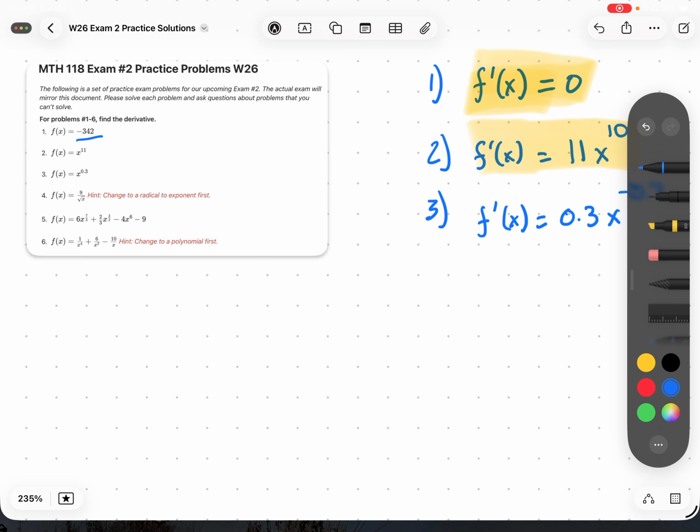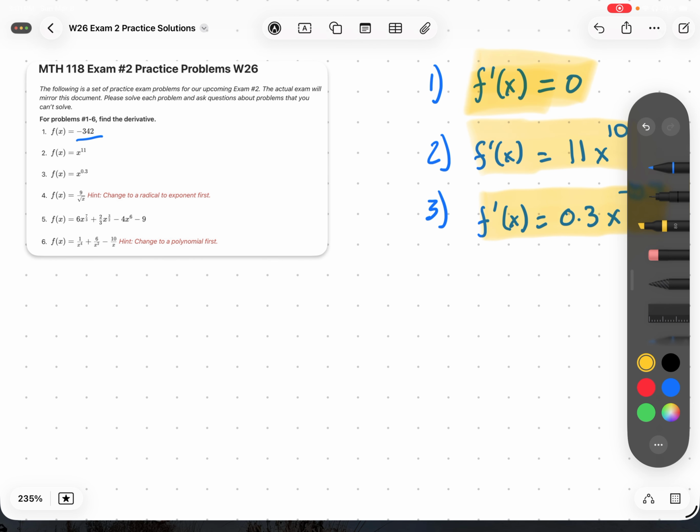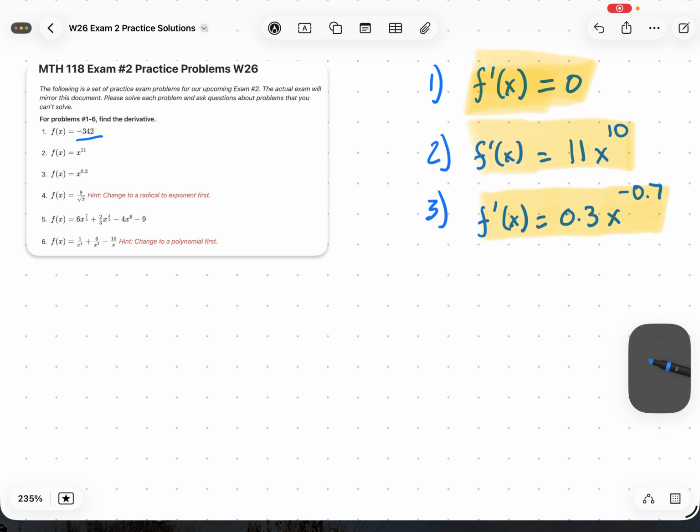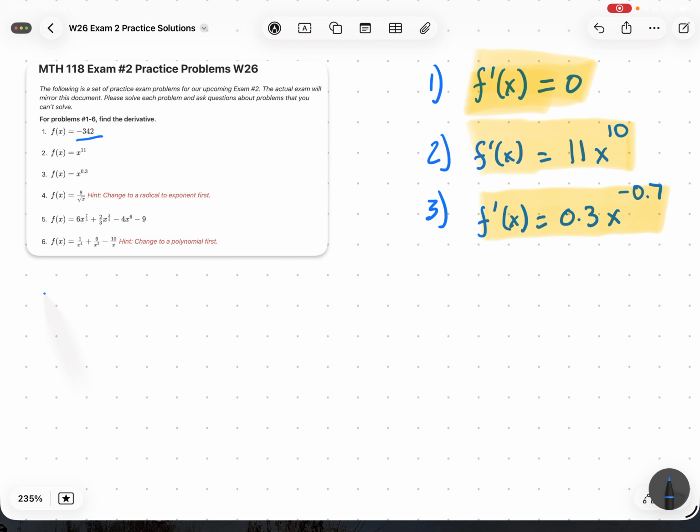Of course, I have my solutions sitting right next to me. I guess I could look at those as well. Okay, so that's 1 through 3. For number 4, things are going to get a little more complicated. So I'm going to move over here underneath and give myself a little more space. Oops, I do need a regular pen for this one. For number 4,